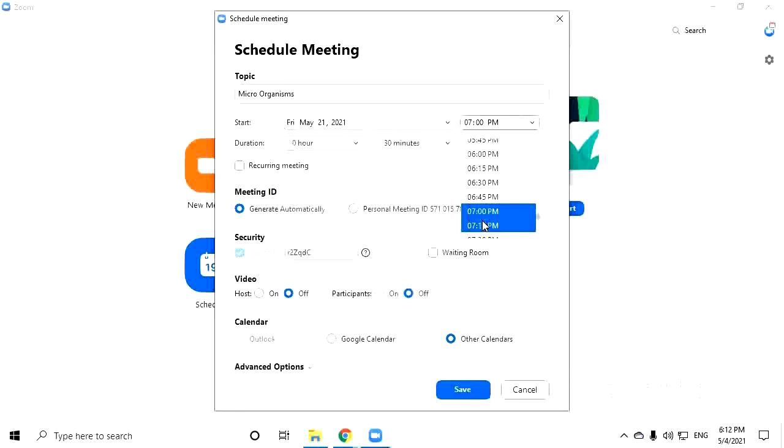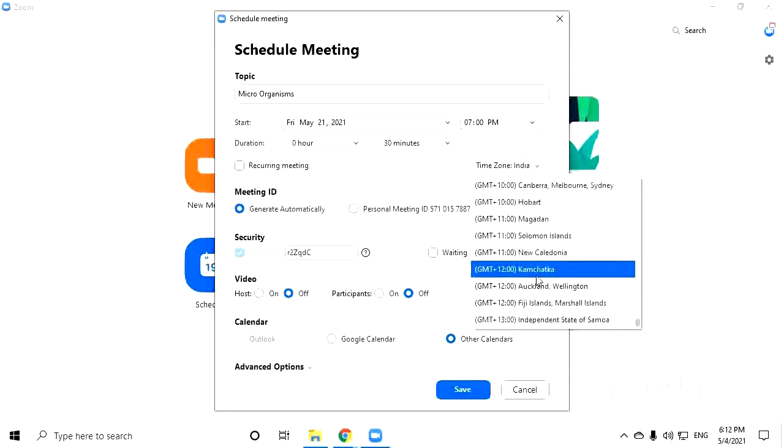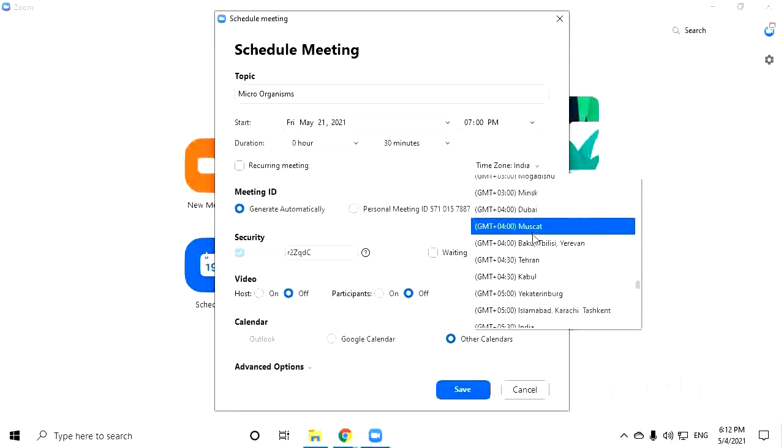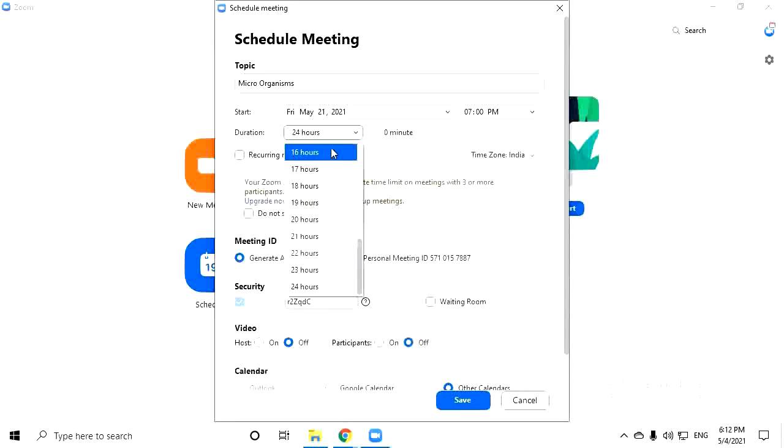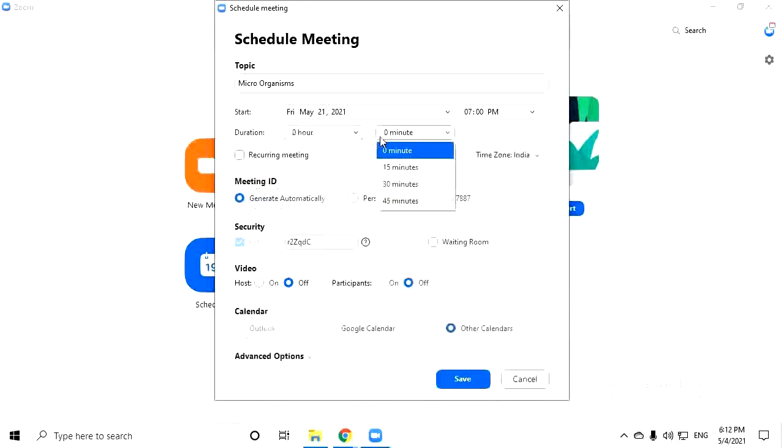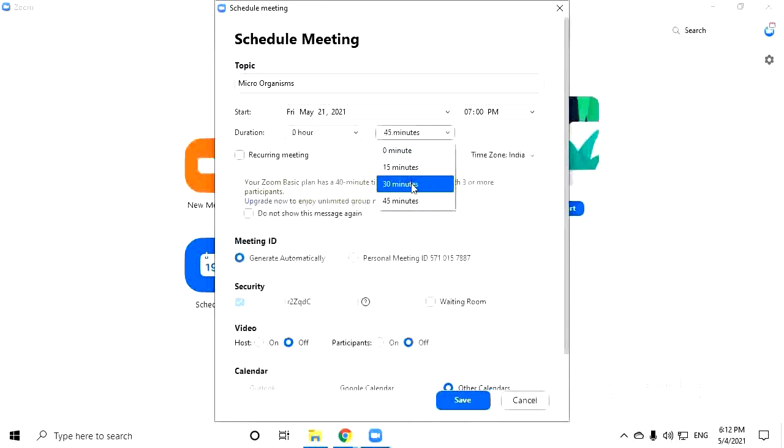The time can also be chosen, and the time zone can also be chosen. So now India is 5:30. So we can do that. The duration can also be chosen, but let me tell you that the duration is completely optional.